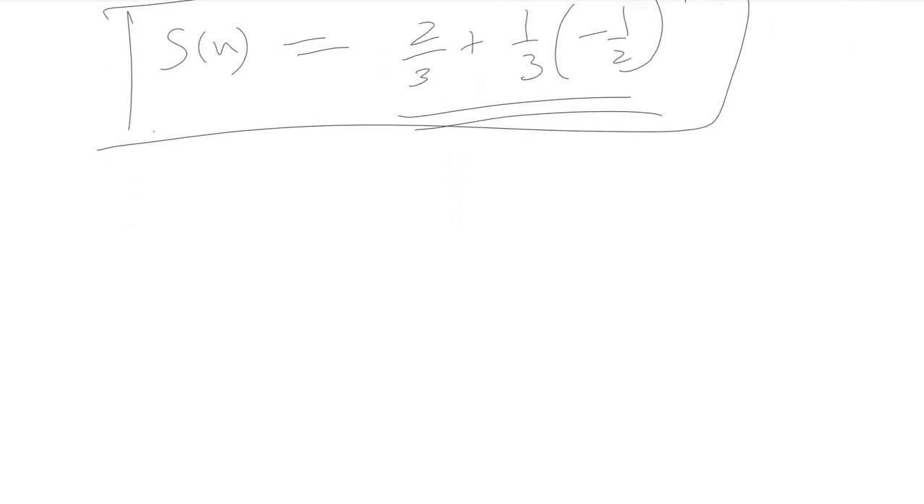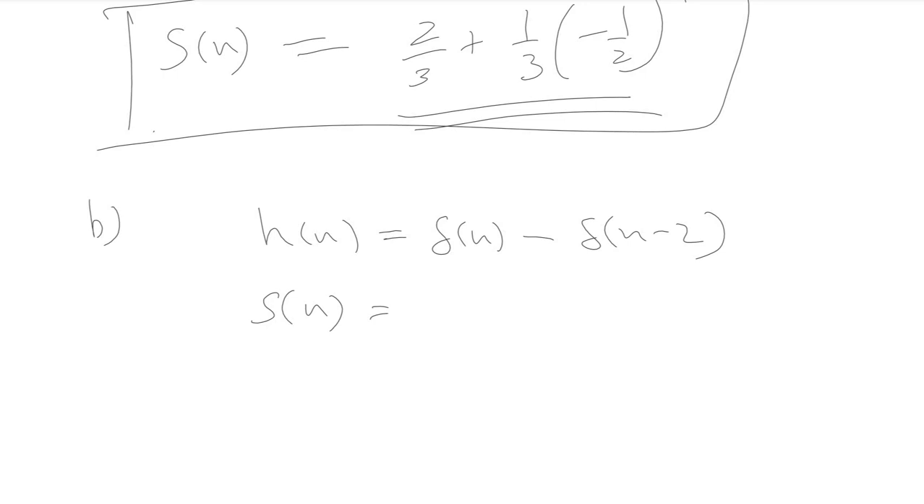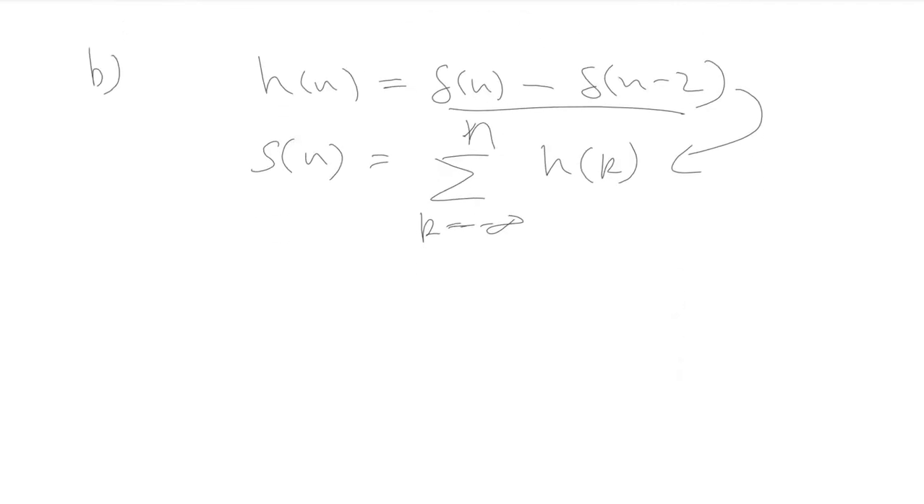Similarly, let us do the second part of the question, in which the impulse response is given as H of n equal to del of n minus del of n minus 2, and again we need to find out S of n, which is the step response. And in the previous part we've seen that the step response is nothing but summation k ranging from minus infinity to n H of k. H of k is given to us as del k minus del k minus 2. Substituting this, further simplifying it,